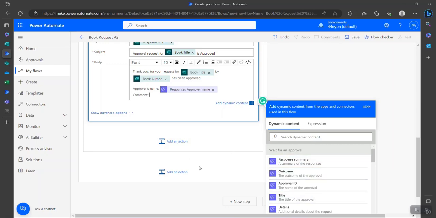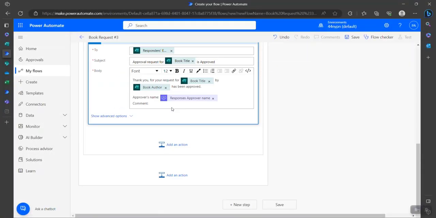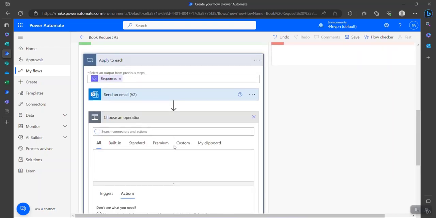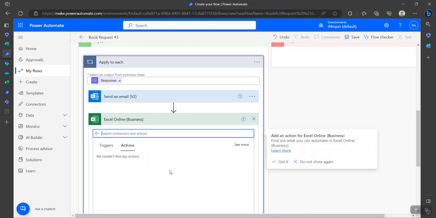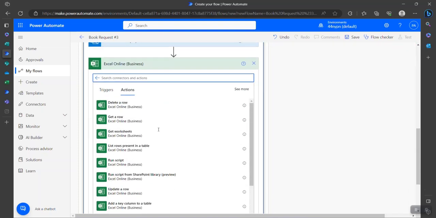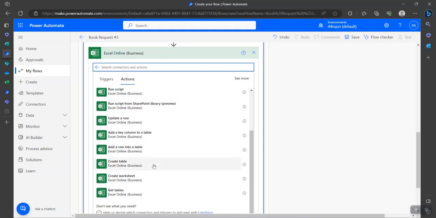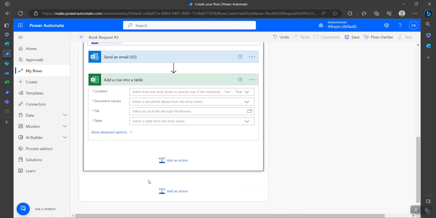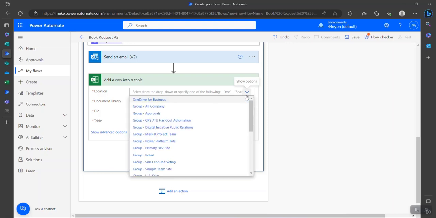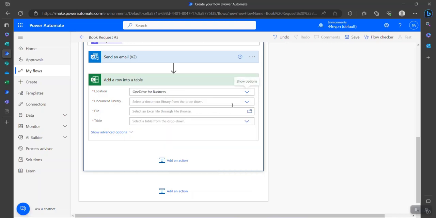All right. So in this one, let's add another connector here. So you're choosing Excel Online. You have it here, Excel Online Business. So we'll be adding a row to the table. Add row into table. So we'll be choosing this one. So just look at how I'm doing this. Adding Excel Online. So you choose Excel Online for business, or OneDrive for business, then OneDrive,